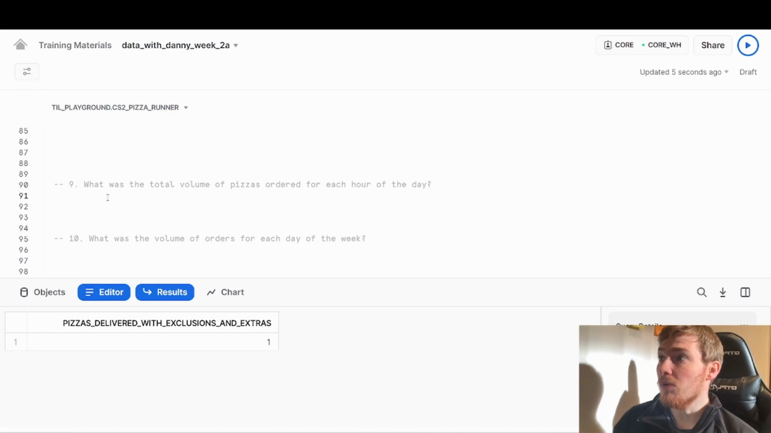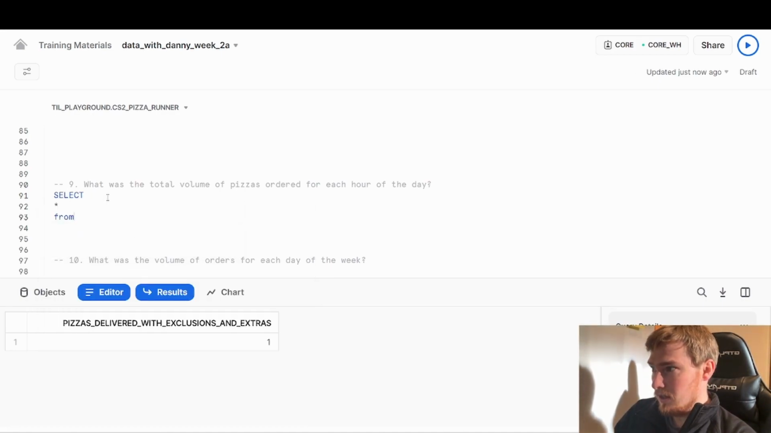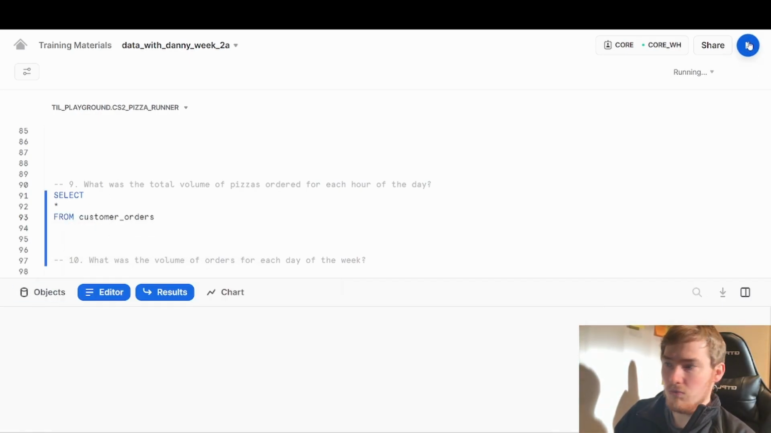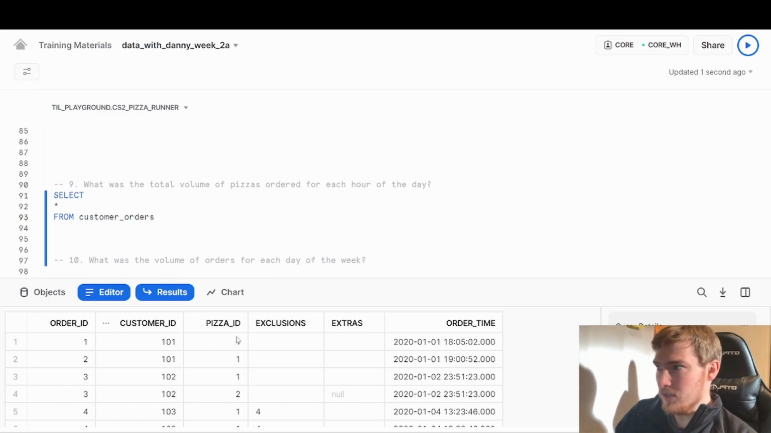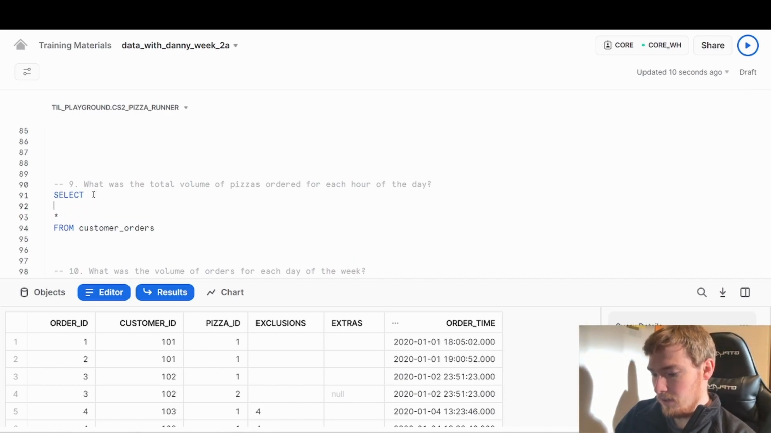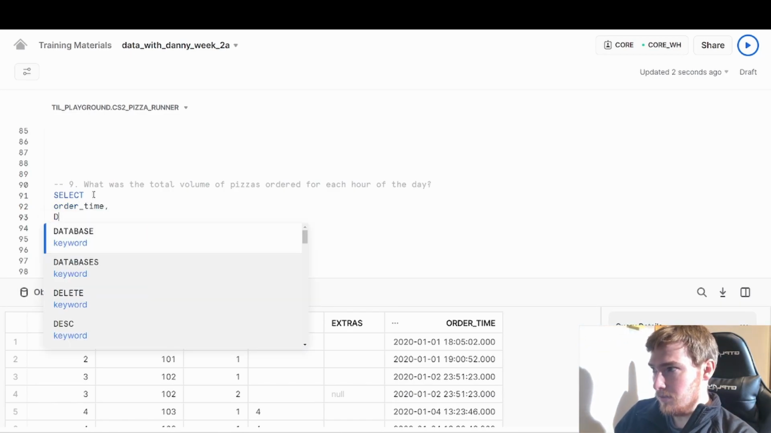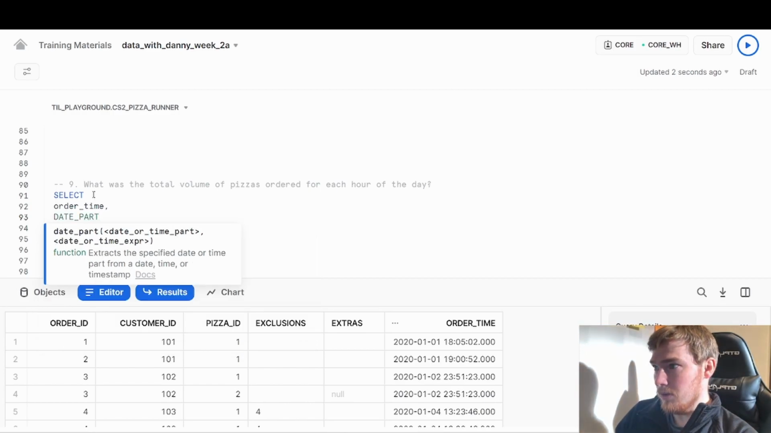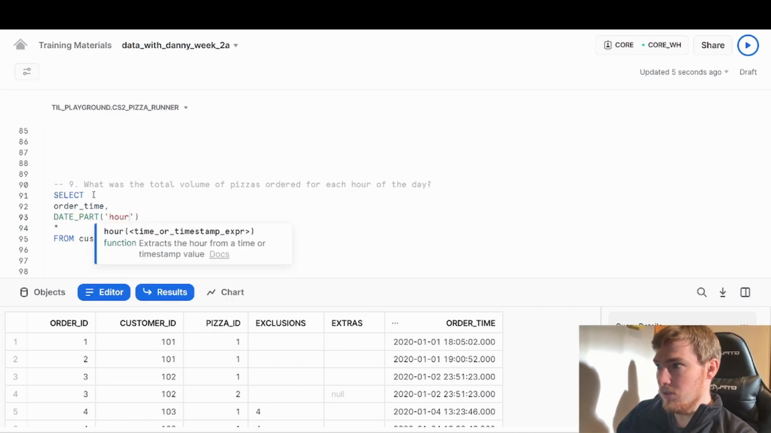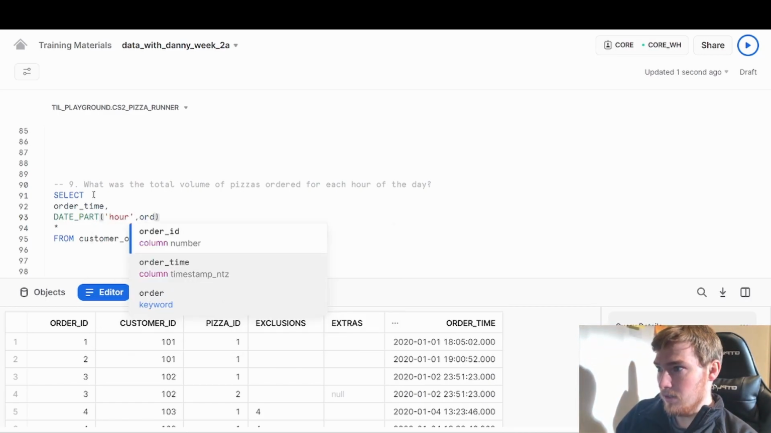Okay, question 9. So what was the total volume of pizzas ordered for each hour of the day? So if I go into my select star from customer orders, run this. So we can see I've got an order time here, so I'm going to need to do some date time function on this. So if I go for my ordered time, I know that there's a function called date part, which will allow you to extract one part of this date time value. If I go and change this to hour and order time,